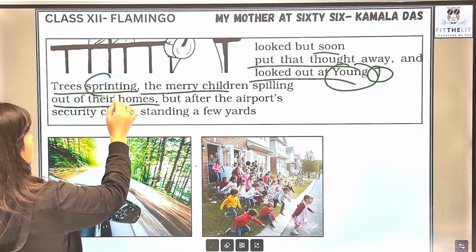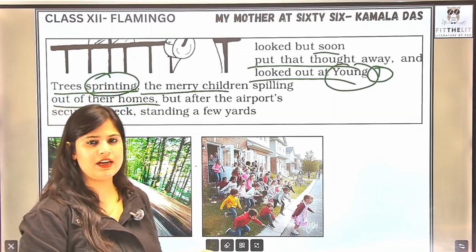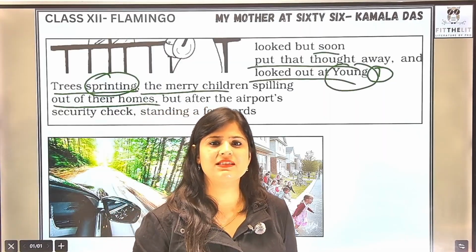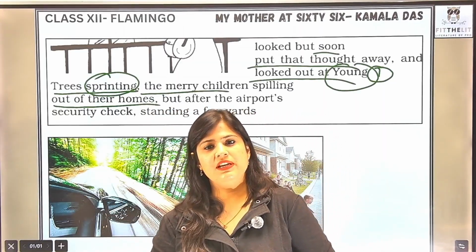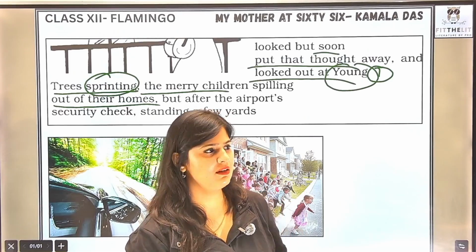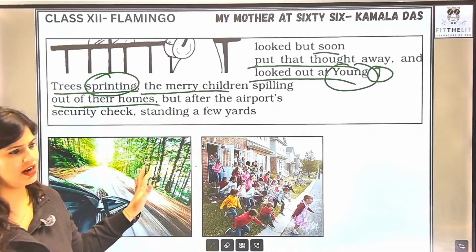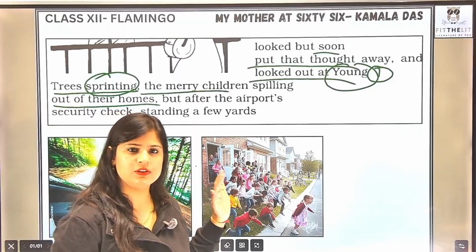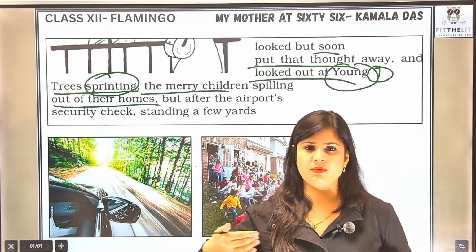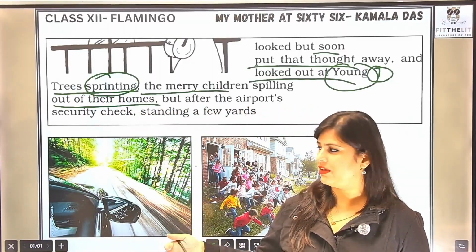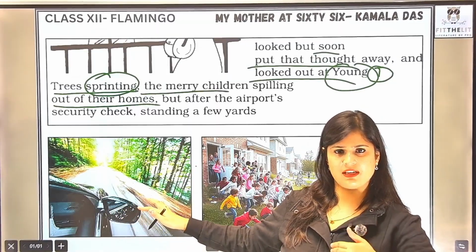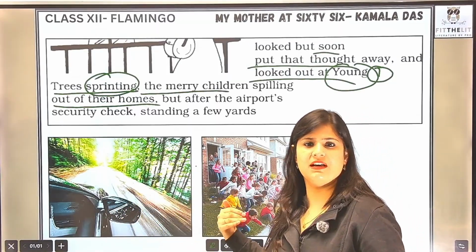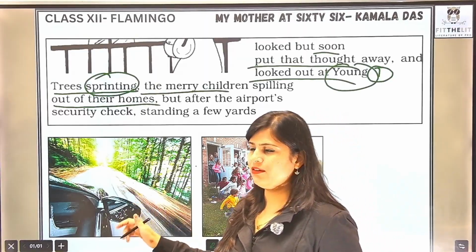Now sprinting means to run fast, right? But here the trees cannot run as such, है ना? वो तो भाग नहीं सकते. So she is trying to convey the sense that when you are driving and when you are inside the car, तो ऐसा लगता है ना कि जो trees है वो पीछे move कर रहे हैं. When you are driving or when you are inside the car, तो आपको ऐसा लगता है कि rather than you moving, trees पीछे जा रही हैं, right? So that kind of thing.